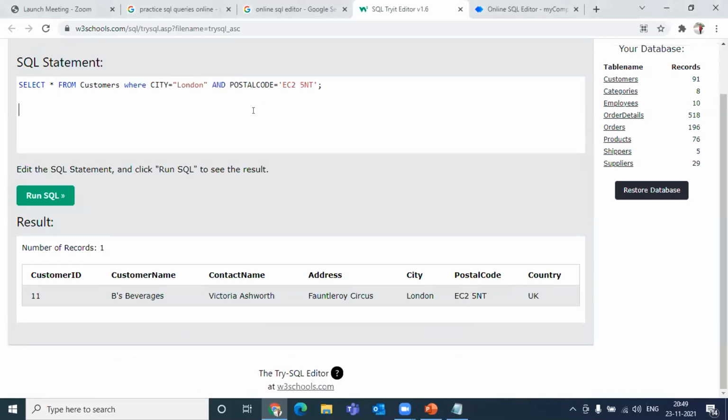Please have a look at this query that I have. Select star from customers. You are selecting from the customers where city is London and postal code is this.